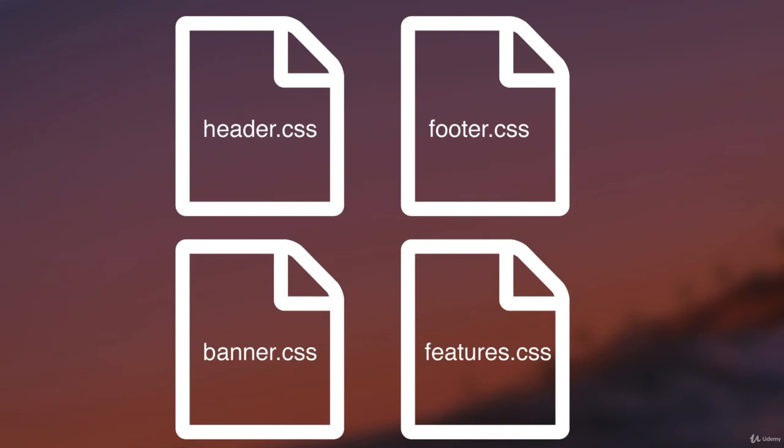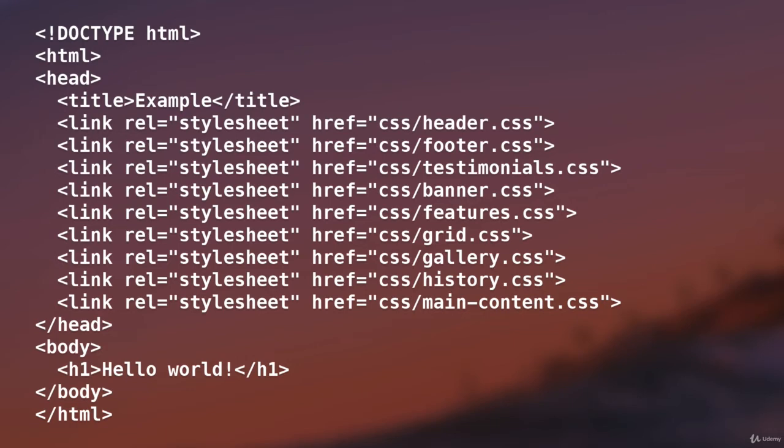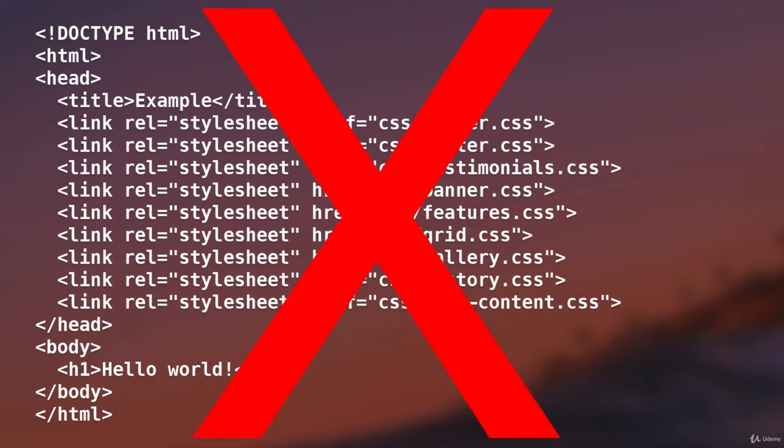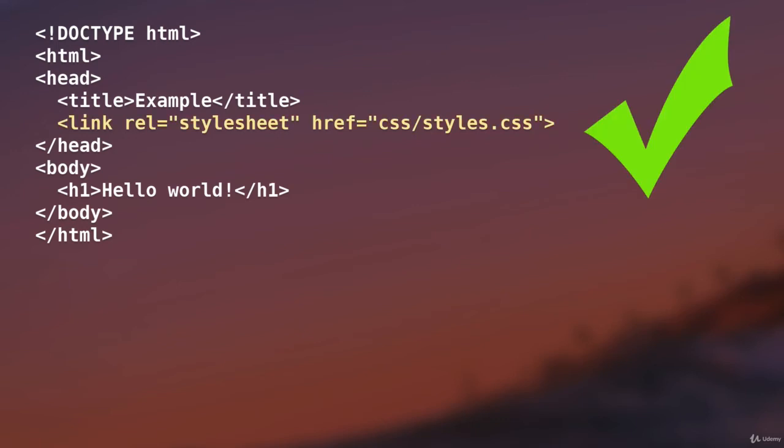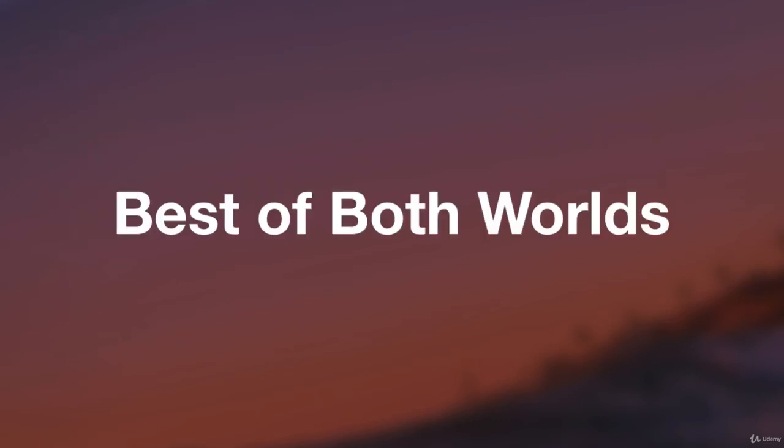This way, if we need to revisit and update the website 6 months or even a year down the road, we will know exactly where to find that little bit of CSS that we want to update. Having said all of that, we still don't want to litter the head section of our website with calls to 40 different CSS files. Even though we, as the developer, want to work with multiple bite-sized CSS files, at the end of the day, we still want to serve the web browser and the visitors of our website one single CSS file. The good news is that we can have the best of both worlds, and this ties back into